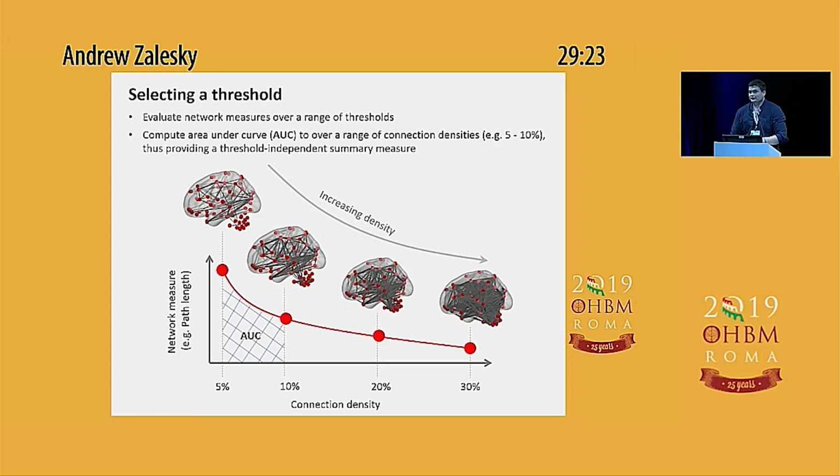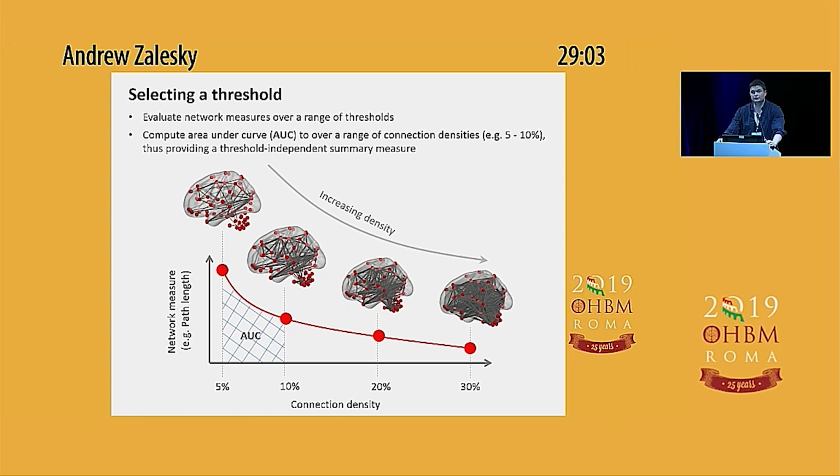An important question is, how do we choose our density threshold, or how do we choose our weight threshold? And it's really an arbitrary choice. There's no good reason. We don't know what the underlying connection density of the brain is. And so one way to get around this is to consider a range of connection densities. So we can threshold our network